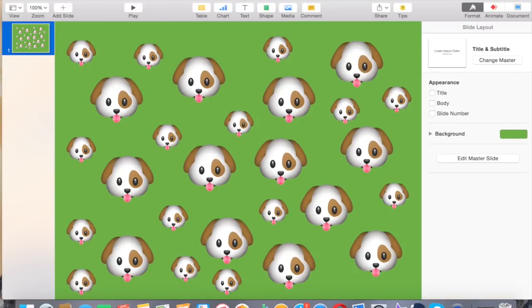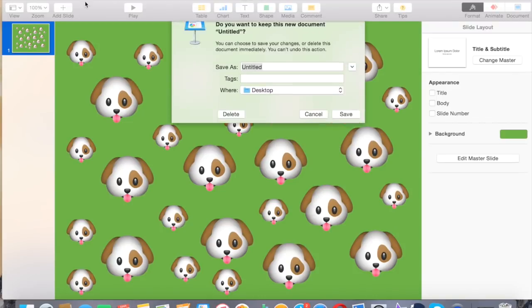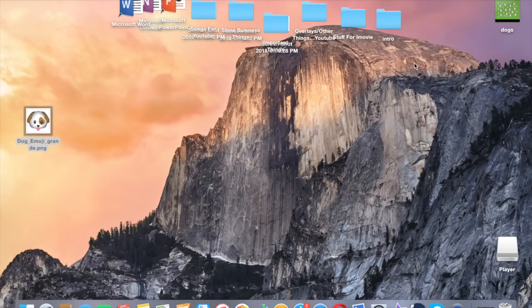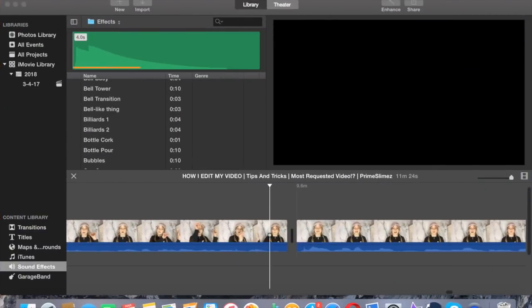And once it's done, you can just click off. You can obviously save it, like you can title it Dogs and then Dogs P, because you can't have the same file. So then you can say save, but personally I'm just going to delete it because I won't need it later on. And now you'll have it on your desktop, so you can put it to the side, put up your iMovie,